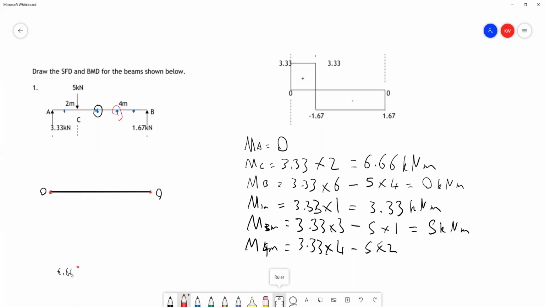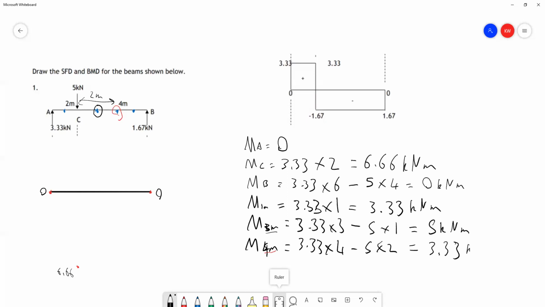minus 5 times 2, because this point, and I'll now circle this one in red just to make it look different. That point there, I'll underline these in the colours. That point there's 2 meters from C. We can see that's the case. This point is 2 meters away from C, because it's halfway between C and B. And doing that calculation, 3.33 times 4 minus 5 times 2 is